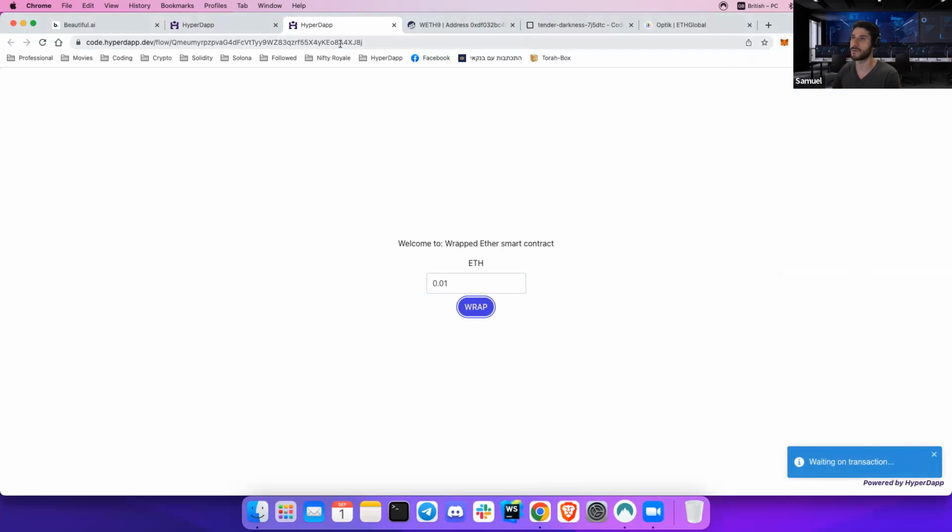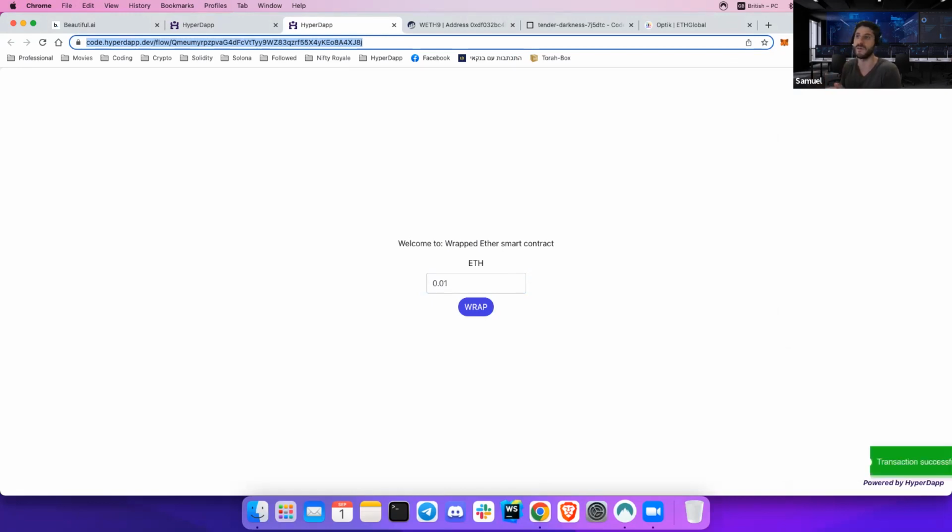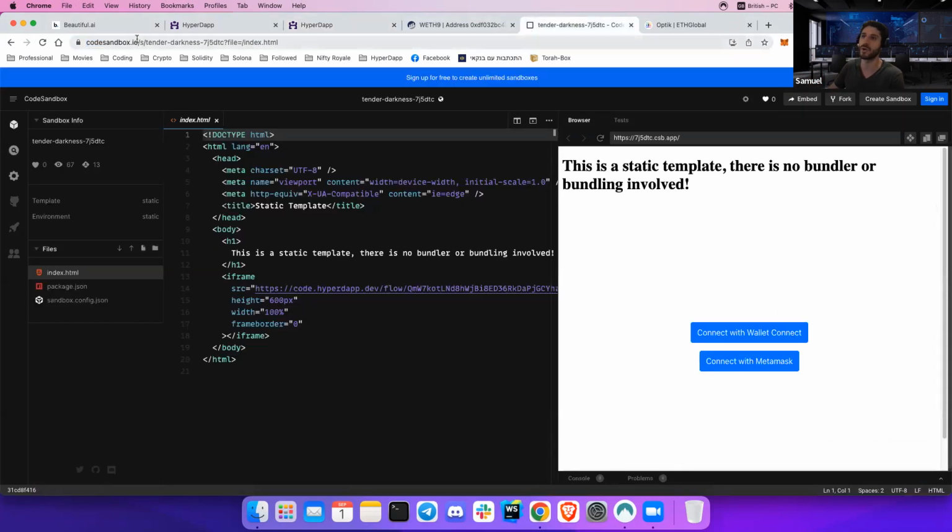Perfect. So now I can also take this URL and copy paste it here on the chat, and you can have access to it. So it's sharing among your users, among your end users. But if you have a Web2 website and you want to embed it into your own branded website, you can do it. So for instance, let's take the code sandbox